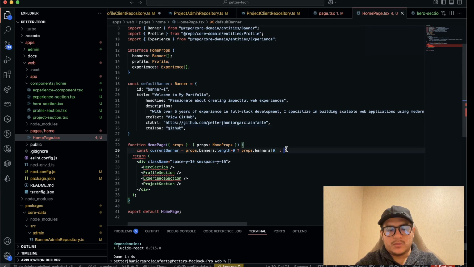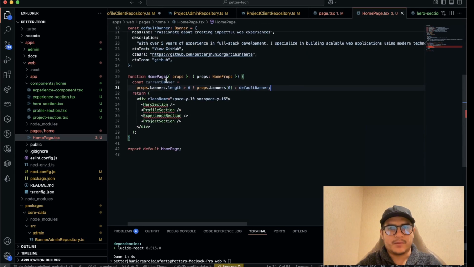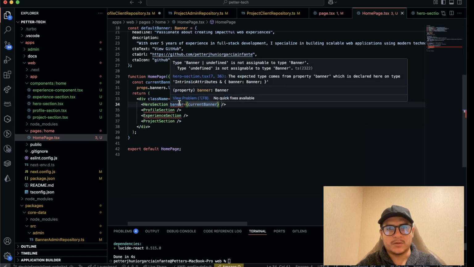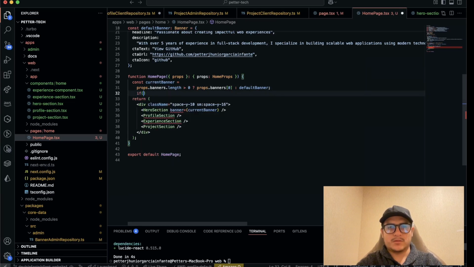Okay, so the default banner, current banner, and here we are setting this current banner. What does this mean? If current banner different